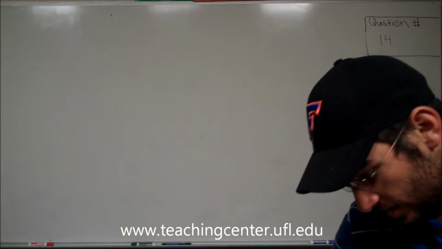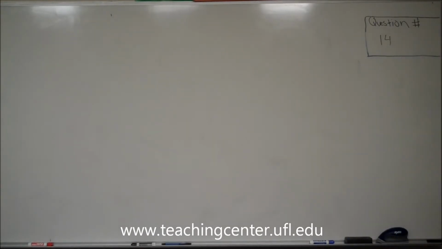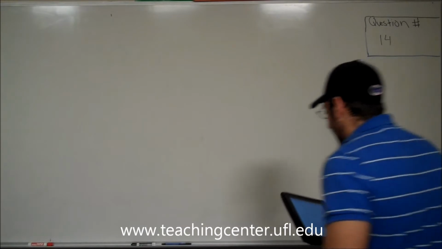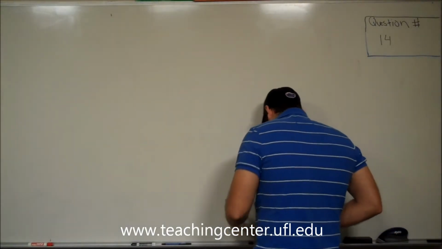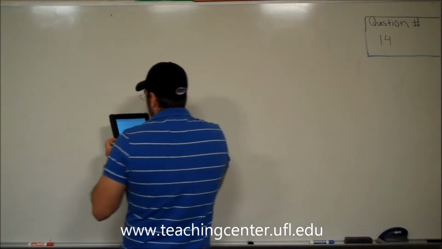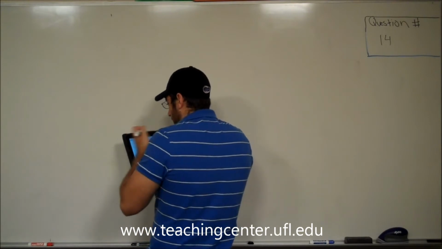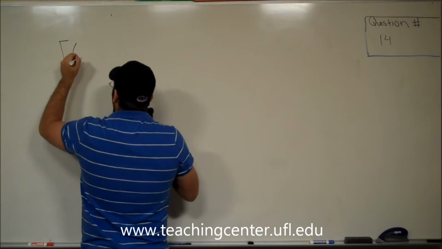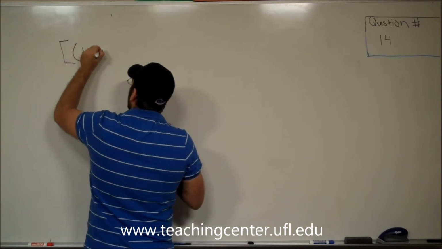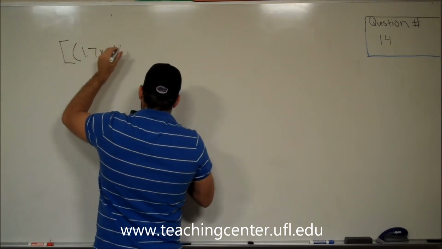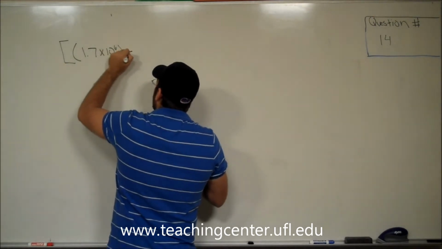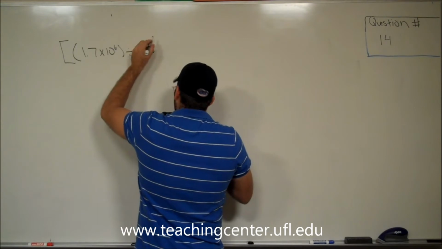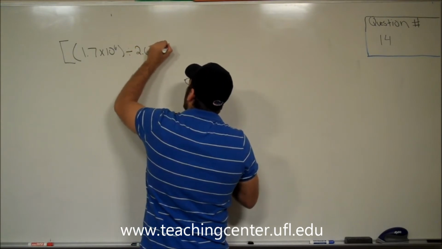So our next question tests us on, once again, significant figures, but this time it wants to know the difference between adding and subtracting and multiplying and dividing. So the question says, perform the following calculation to the correct number of significant figures. So it gives us a bracket with a parenthesis, 1.7 times 10 to the 6th, close parentheses, divided by 2.63 times 10 to the 5th,